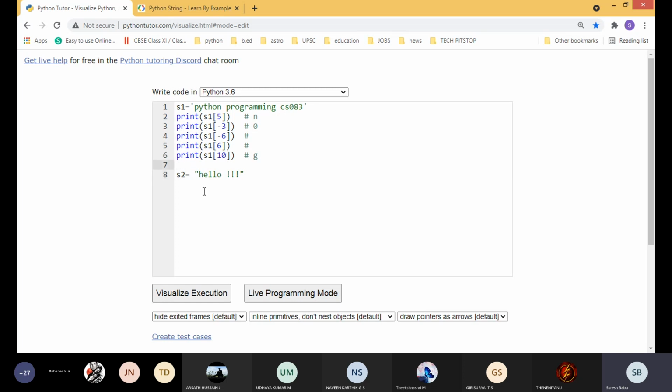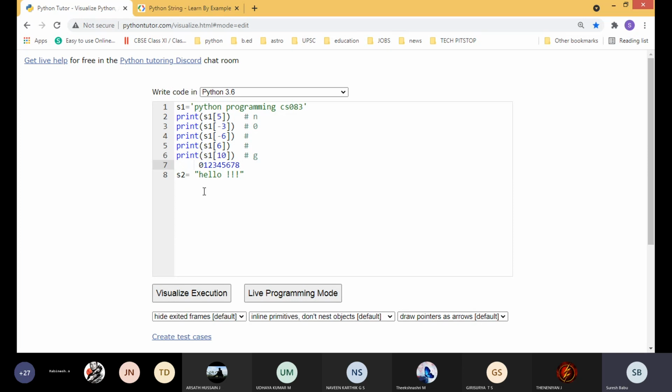Actually, how the index will start: the H will take 0, E takes 1, L 2, another L 3, next O 4, space 5, then first exclamatory 6, then second exclamatory 7, then 8. This is how the numbering will start.